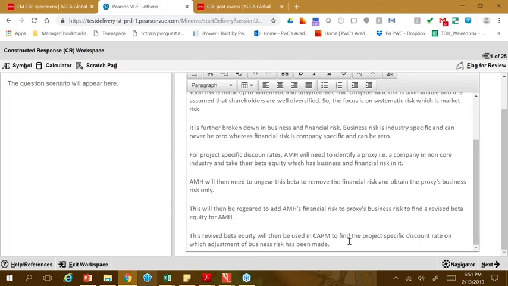So I really hope that this exercise of constructing these answers is also useful, because we just can't do it all on the numbers alone. We do need some discussion on this paper. So I hope that this area would be okay. If you got any questions here on project specific discount rates, I'm happy to answer them here. Any conceptual questions here on project specific discount rates?